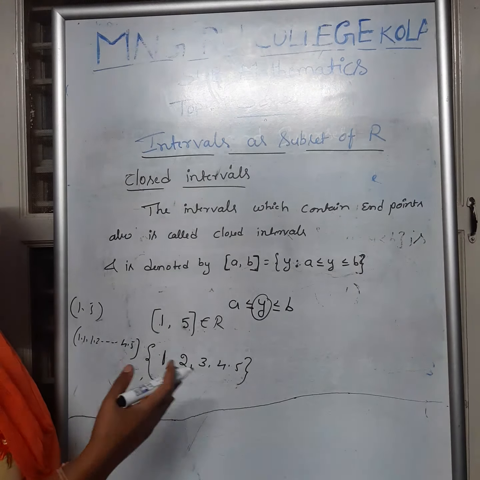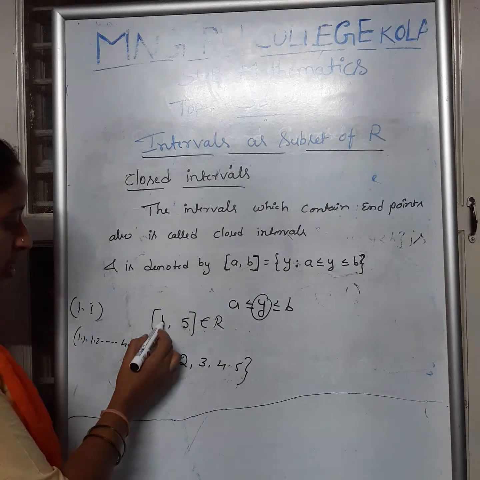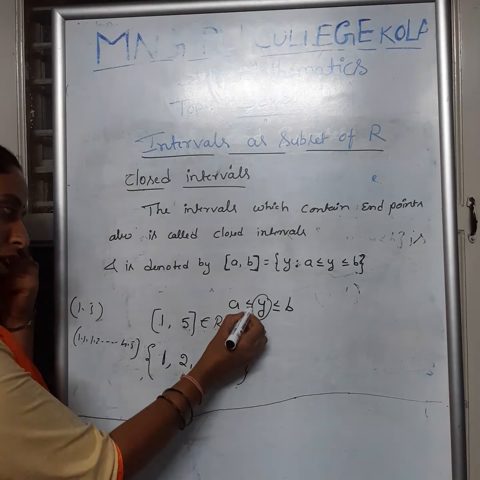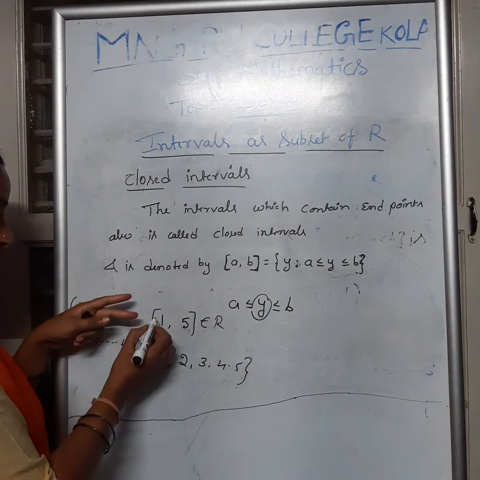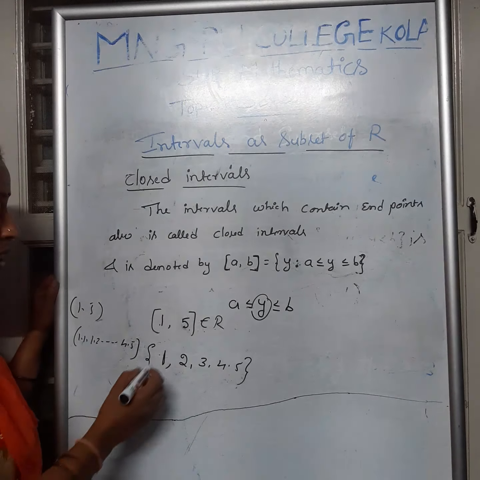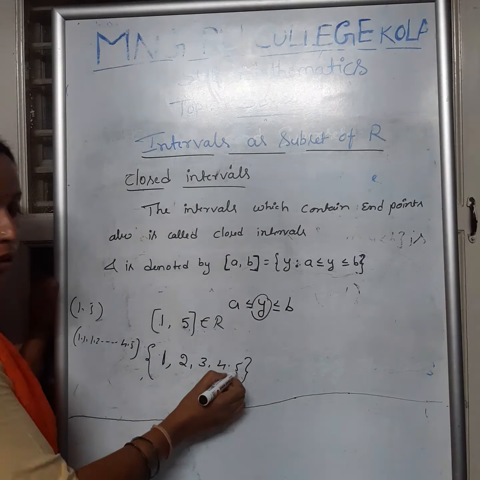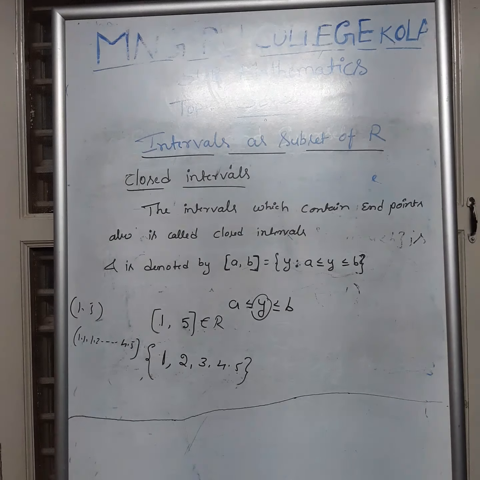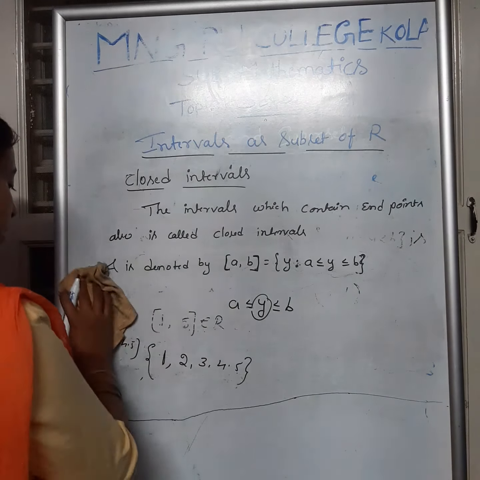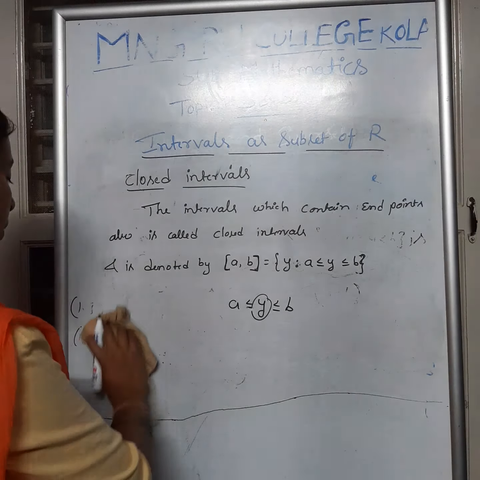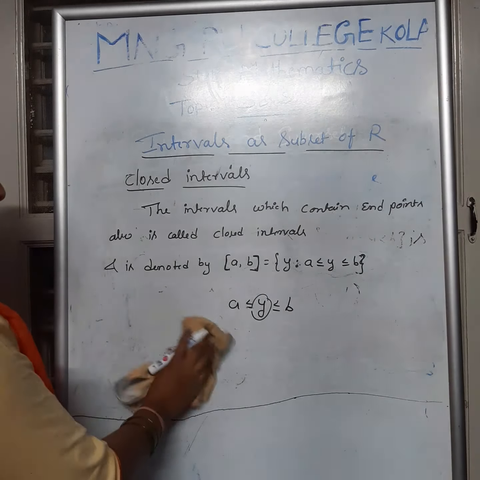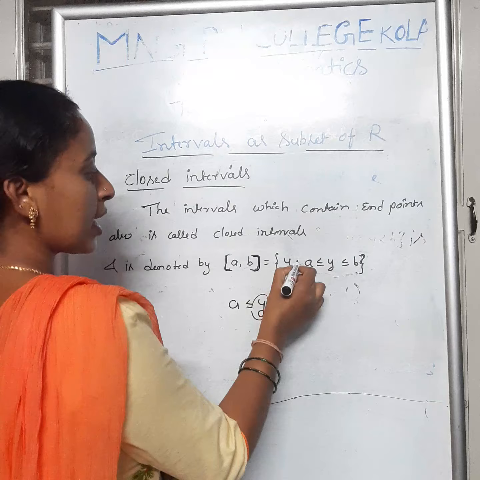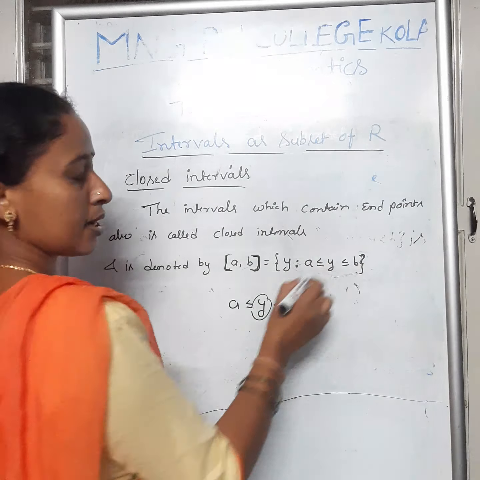Up to how much we should take, this shows that. So, that is 1 star. Equal is there, no? If it is only less than, we don't take the end value. But here equal is also there, no? That's why we consider these also. End points also we consider, 1 and 5, including the value of y. Okay, this is called closed interval. So the closed interval contains end points also. That is the closed interval, denoted by square brackets [a, b], that is y such that a is less than or equal to y less than or equal to b.